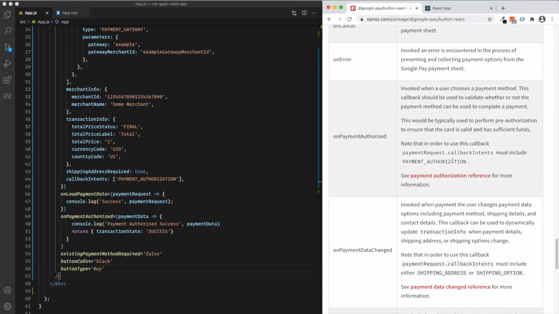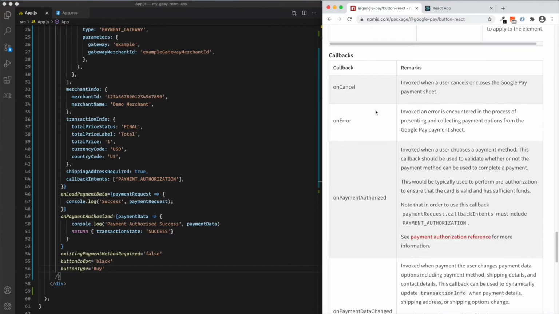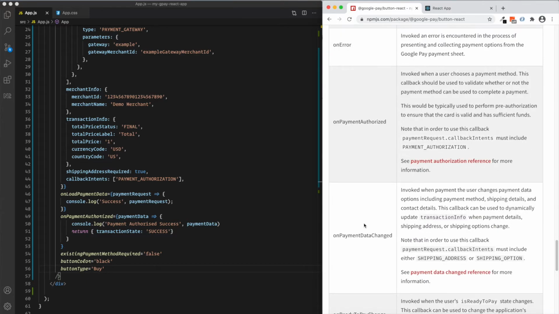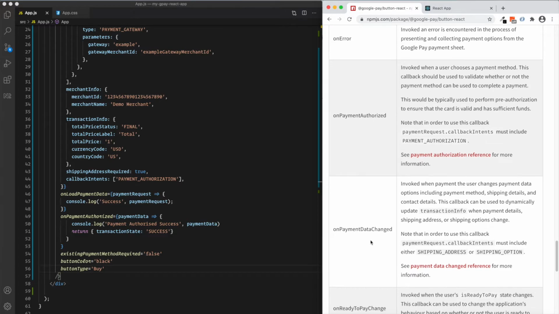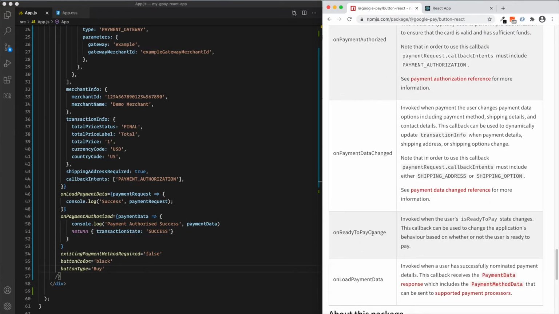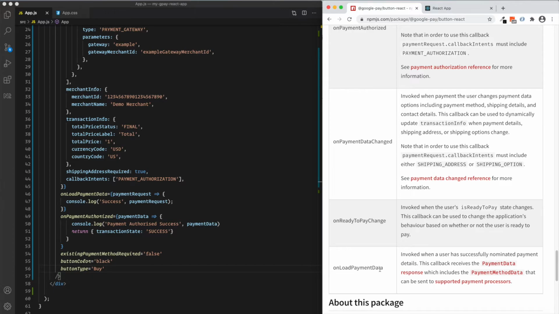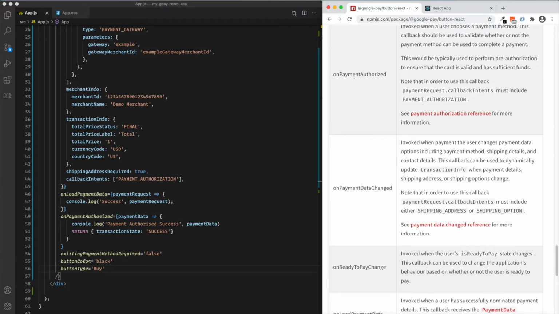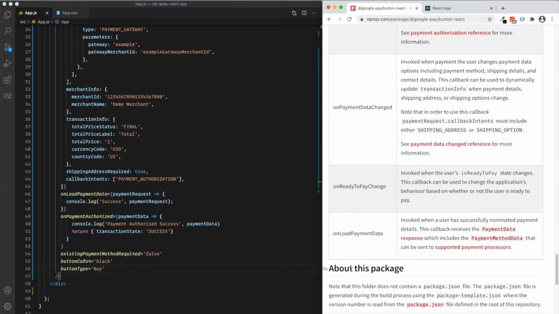to develop this Google Pay in your React app. It has other callbacks: on cancel, on error, on payment authorized, on payment data changed, on ready to pay change, and on load payment data. And currently we are using on payment authorized and on load payment data. It will be invoked when a user successfully nominates payment details.